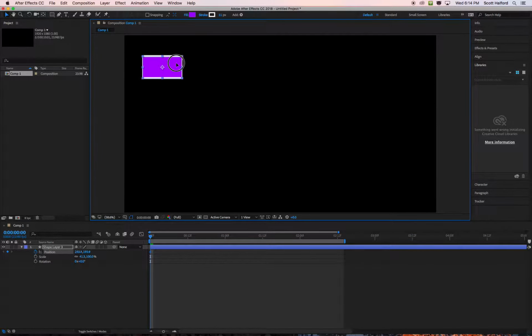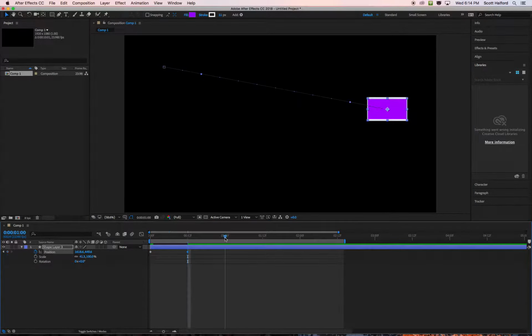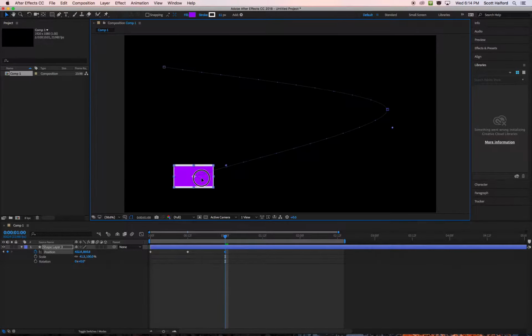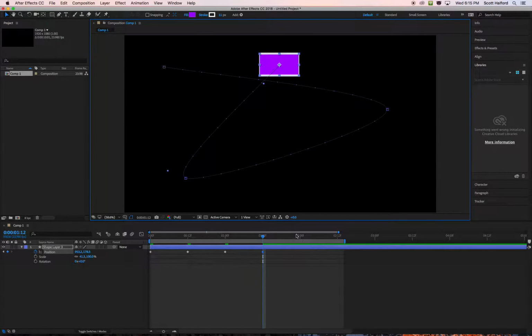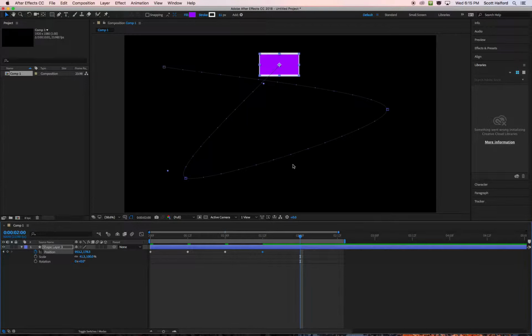Whoops, I need to go forward a bit. Then position here, then go forward a bit, go here, go forward a bit, go here, go forward a bit, and in the middle, so Command Home. Okay, so right now I've got this object that is, each of these keyframes is 12 frames apart, but the